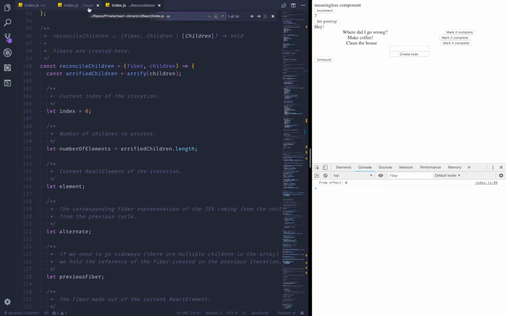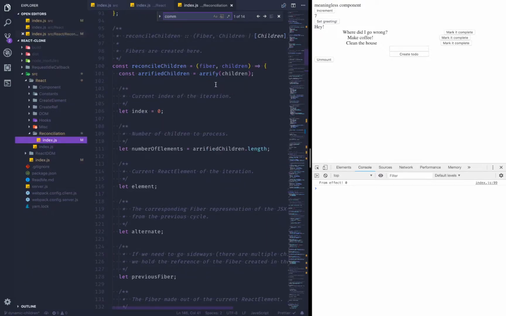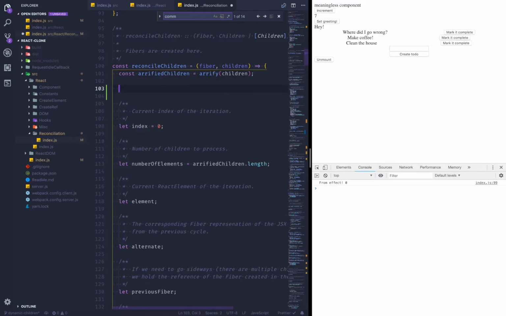So, to have a look at what's going on, what we have here, the raw children, is a sort of cleaned up version of the create element function call. So JSX will eventually be a React create element call, and React create element will get us back an object with a field of type and props. So if I just console log out, the problem with that